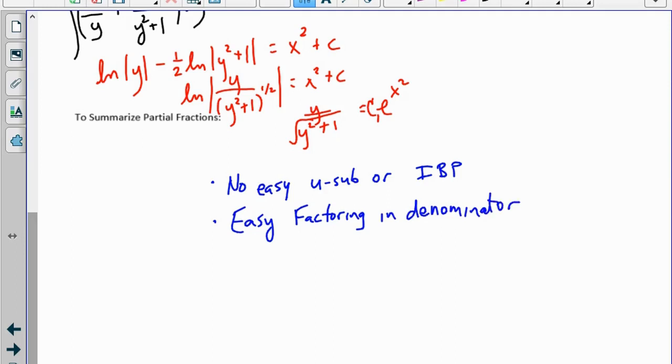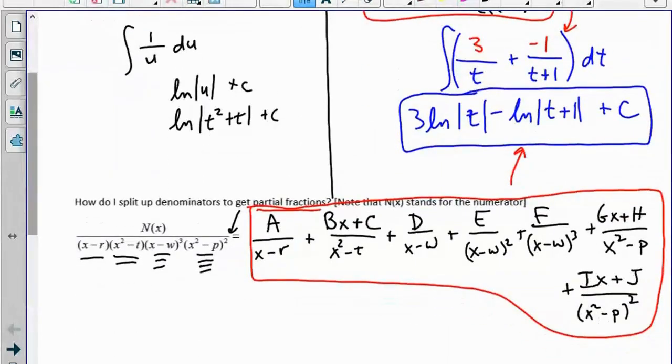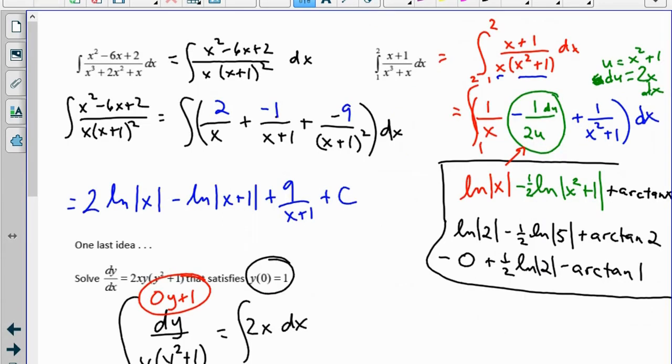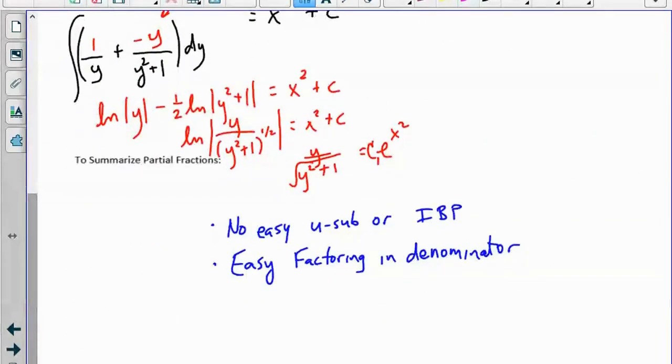So when you do that, we end up doing what we showed on the front, where you can rewrite something that has things in factored form into multiple different fractions with plus or minus signs in between them. And then after that, that makes the integrating easier